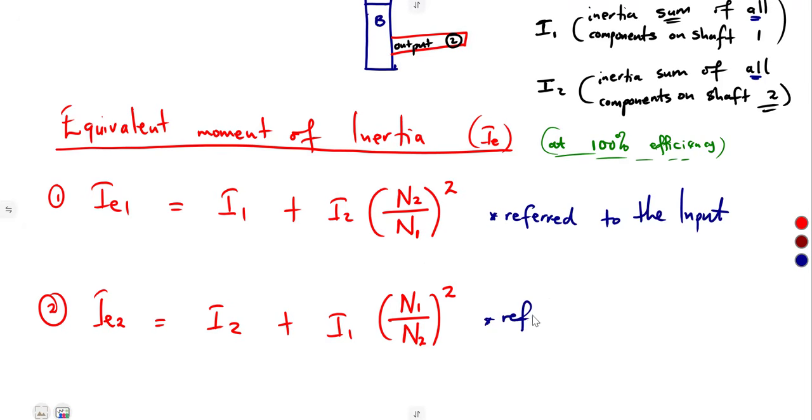All right. So this is referred to the output. Okay. So this is what you're going to need on a simple gear train at 100% efficiency. That is what you need. And